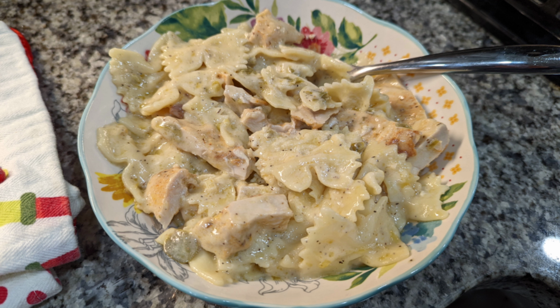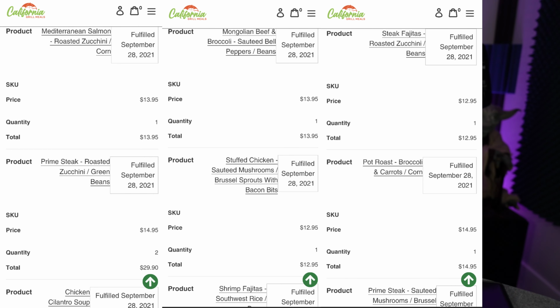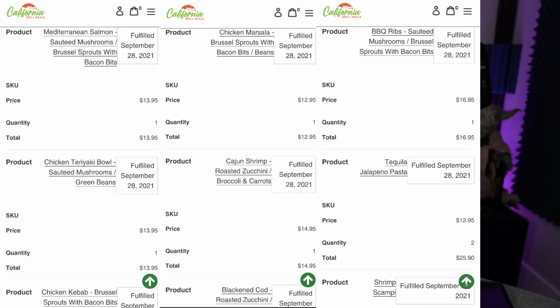But anyway, I ordered the Mediterranean salmon. My wife hates when I say salmon. Mediterranean prime steak, roasted zucchini and green beans. The Mediterranean came with roasted zucchini and corn, by the way. Chicken cilantro soup, Mongolian beef and broccoli, sauteed bell peppers and beans, stuffed chicken, sauteed mushroom, Brussels sprouts with bacon bits, shrimp fajitas, Southwest rice and beans, steak fajitas, roasted zucchini and beans, pot roast, broccoli, carrots, corn, prime steak, sauteed mushrooms and Brussels sprouts with bacon bits, Mediterranean salmon, chicken teriyaki bowl, sauteed mushrooms, green beans, chicken kebab, Brussels sprouts